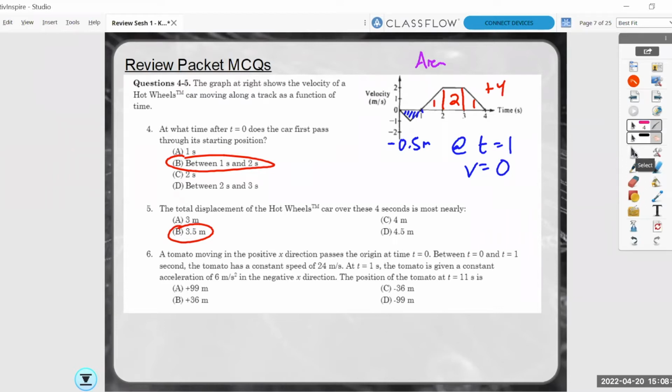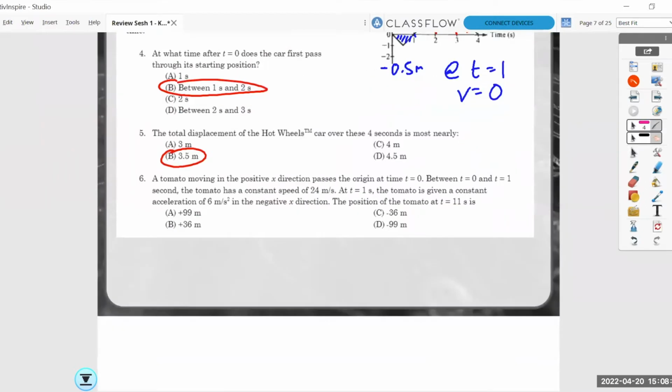This next question is 100% a kinematics question, and it's all about just using your kinematics equations straight up. So we start at 0 at time 0. We start at the origin. Between 0 and 1 second, we just have a nice constant speed of 24 meters per second. So I'm going to draw that in a moment, but what that does mean